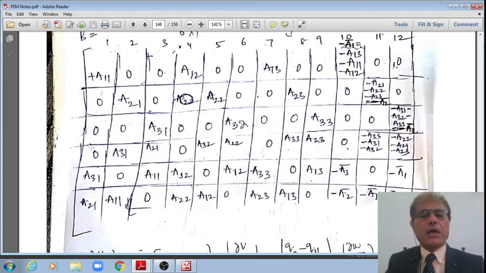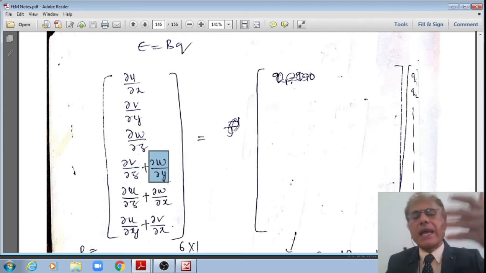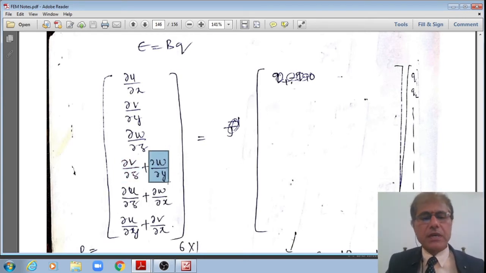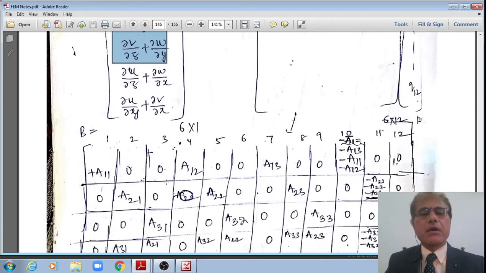And next, I should get the shear strains along the three more planes. The first one is dou v by dou z plus dou w by dou y. This dou v by dou z is obtained as the sixth equation, and dou w by dou y is obtained as the eighth equation, because you already wrote nine equations, right? That is how you recall those equations, and you sum up to get this strain along this plane.